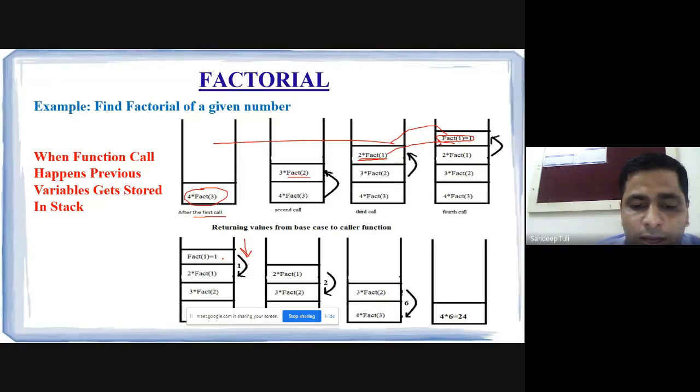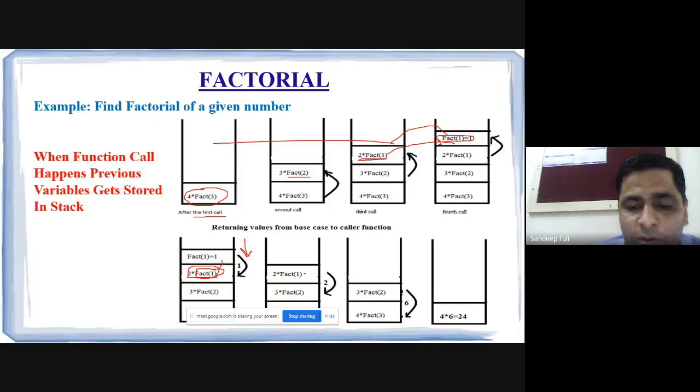So returning 1 will be sent to what? Factorial 2, because factorial 2 called it, and the return will definitely go to the caller. So factorial 2 gets its value. So 2 into 1 will be calculated now, which is 2.